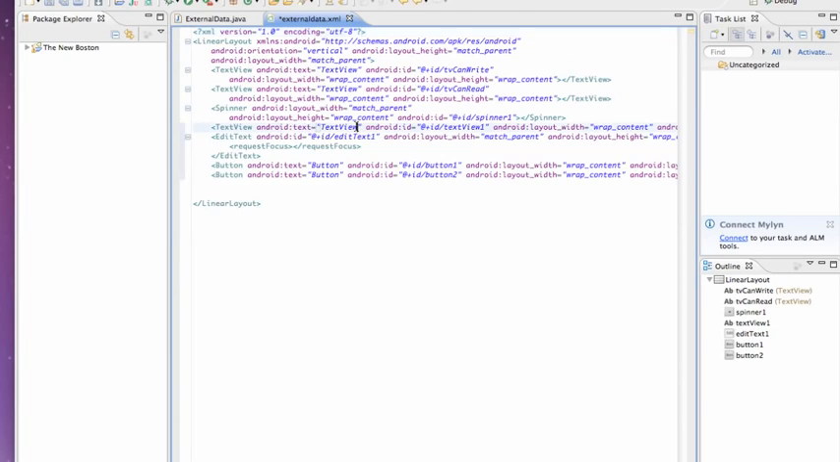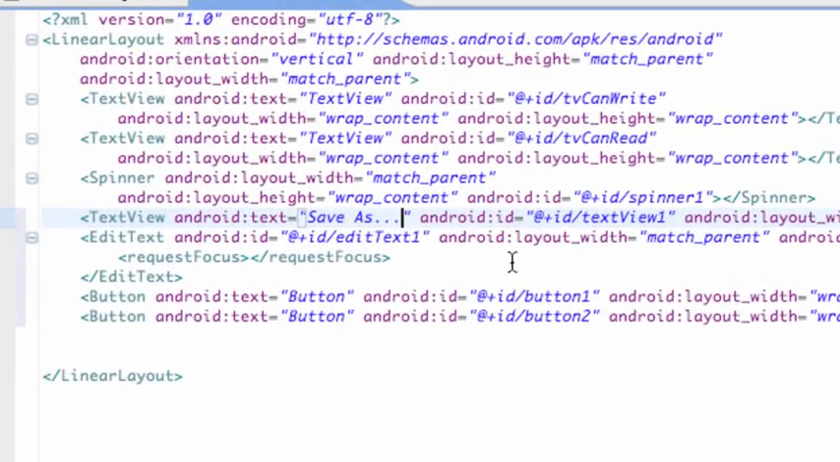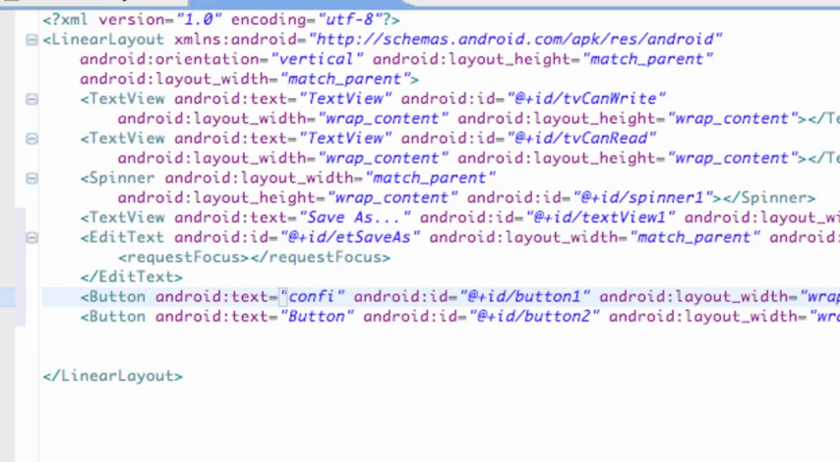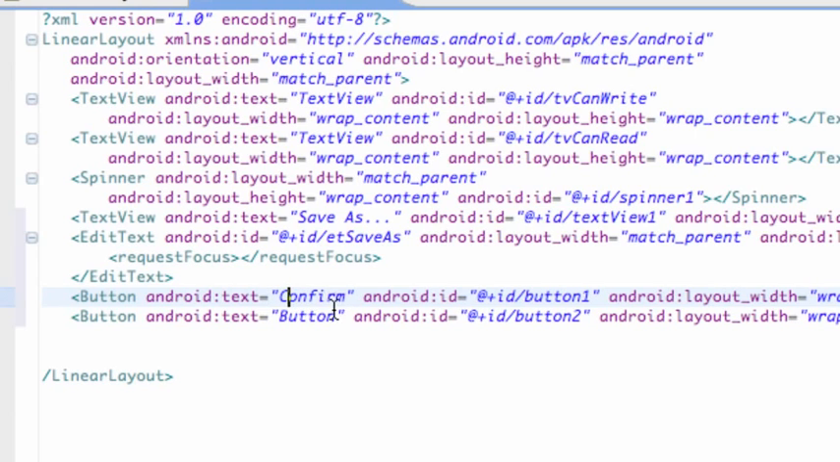First the text we just have, we're going to say save as, something like that. And for the edit text, we're going to change this to et save as, and for the button we're going to say confirm, for the first button anyways, and our second button we're going to say save